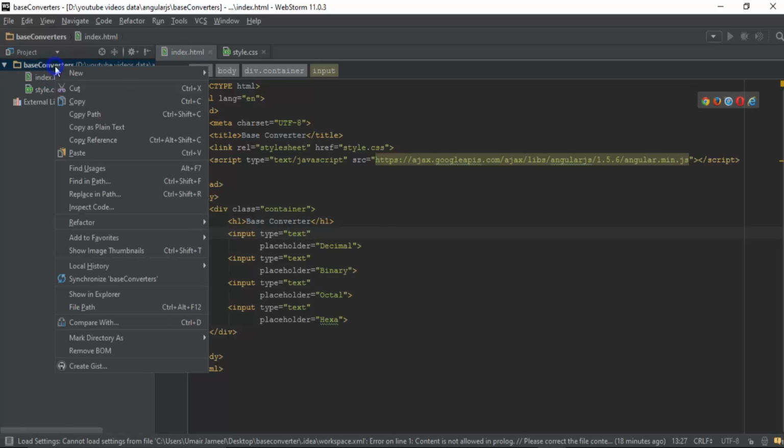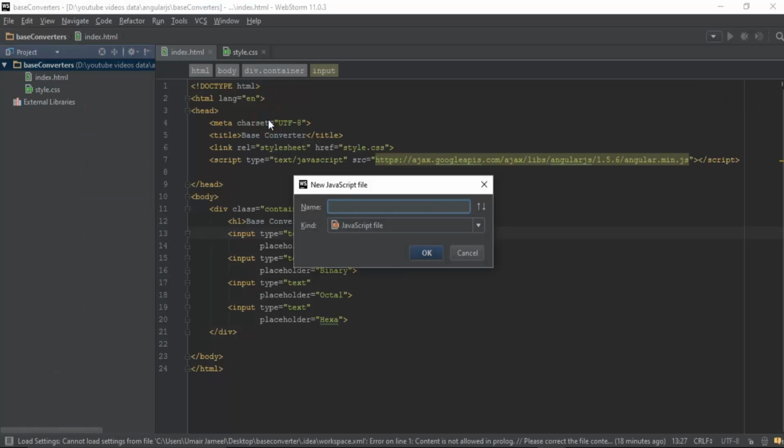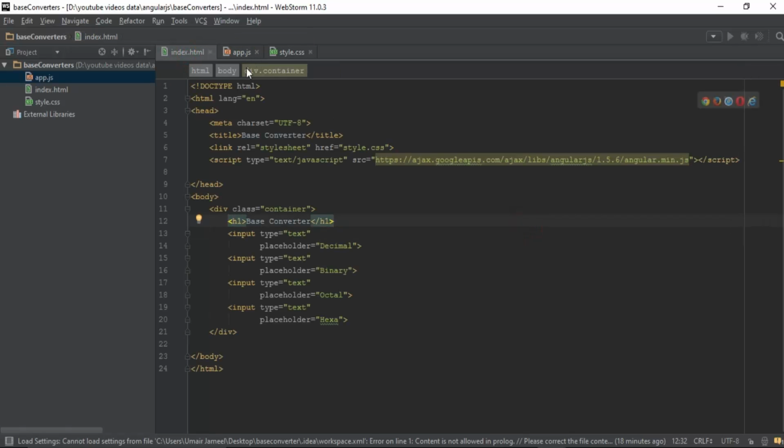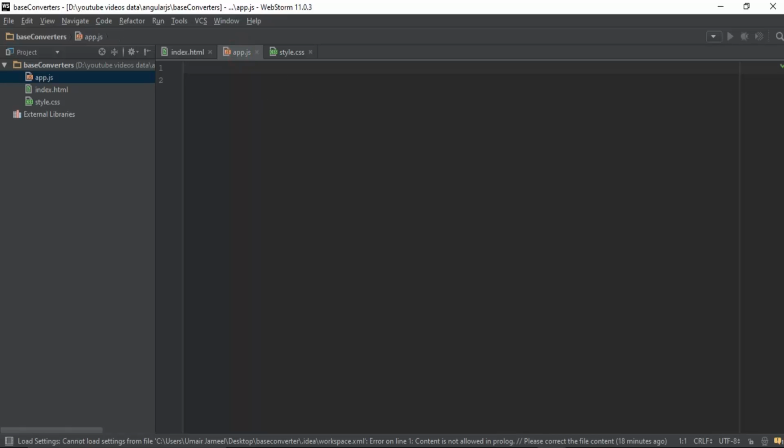Alright, now let's create a new JavaScript file, and I'm gonna name it app. Alright, and inside it I'm gonna write some Angular code. If you have some experience of Angular, you must know that there is a framework called MVC, Model View Controller, that we use in writing Angular code. Okay, so now let's start,